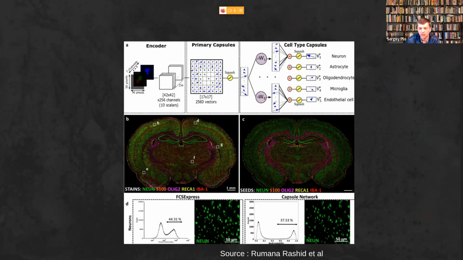Well, the question here is, did they really need to use capsule networks because nothing else worked? Or, you know, is it kind of complexity bias: let's use a complex model and see if it works, and it kind of worked for them. So that's interesting.